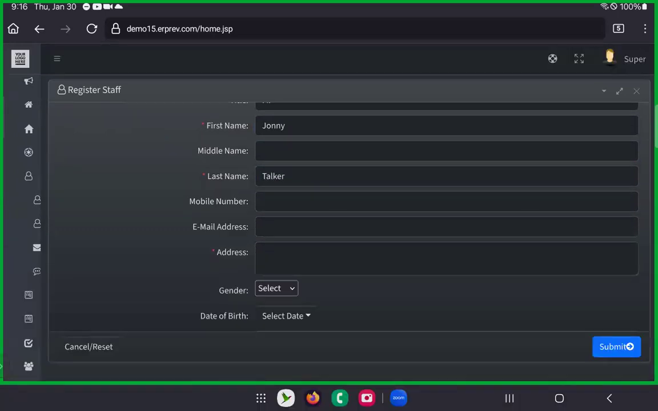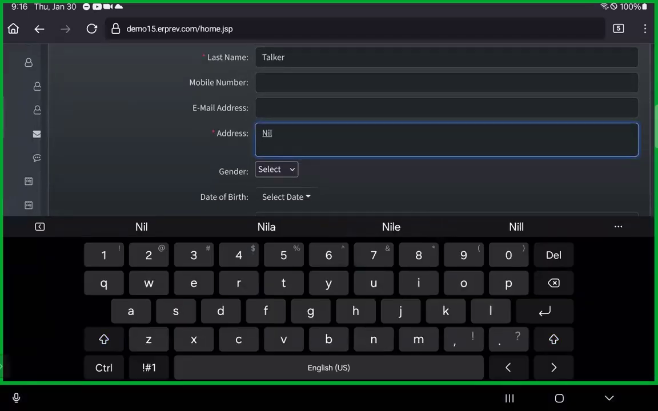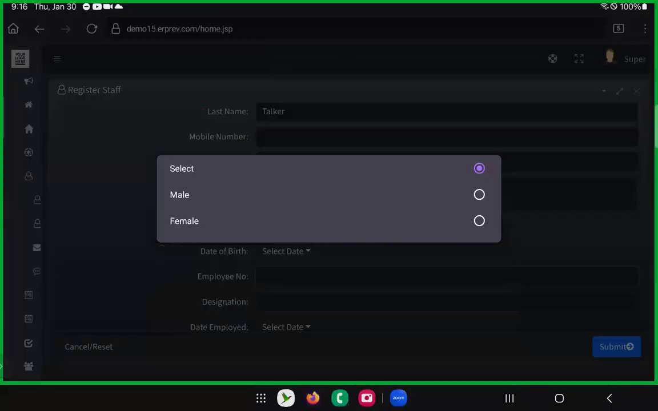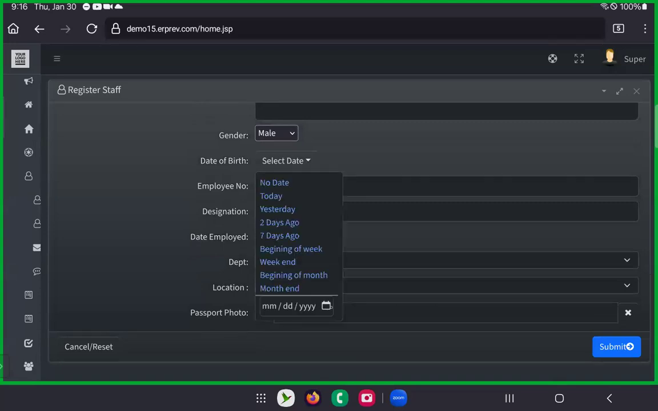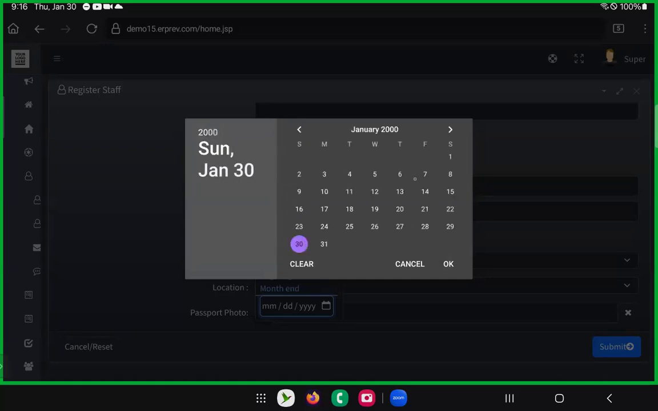Okay, you put the email address here. I'll just type in here, but you can put the mobile number, email address, select the gender. So this is male, date of birth. You can click here, click on the year to select the exact year and month. So let's see, it was